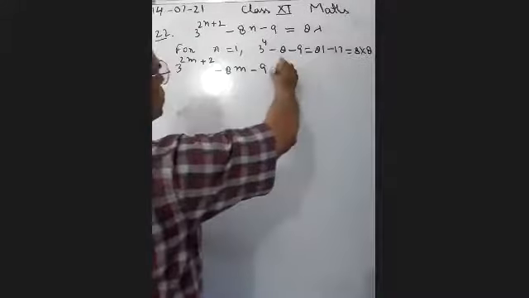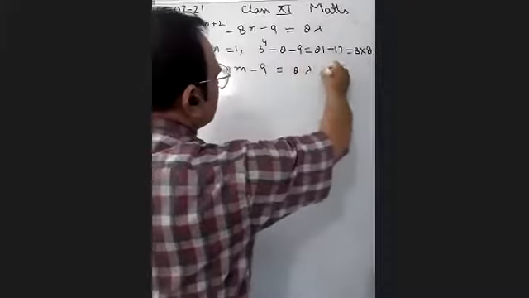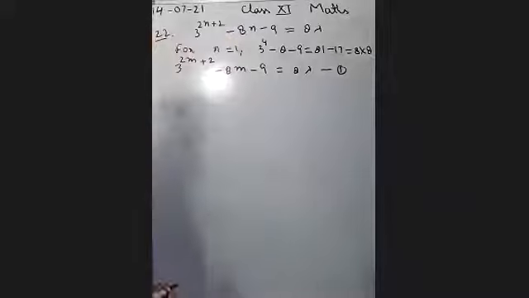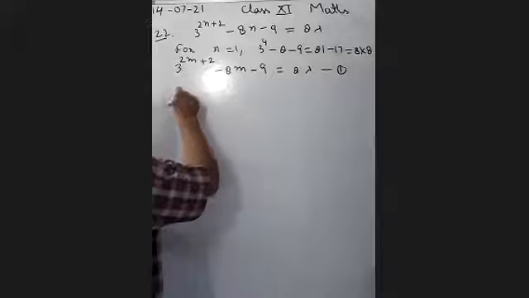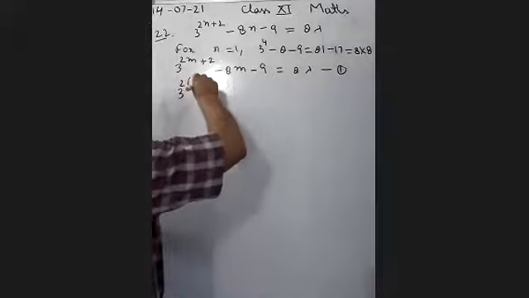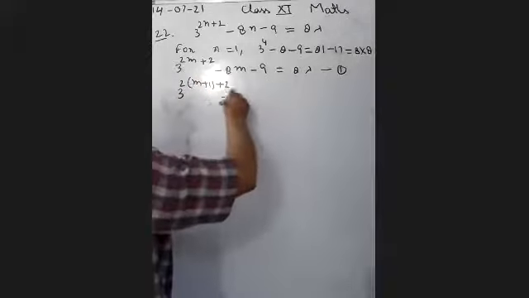it is equal to 8 lambda, ठीक है, we are giving the name of this equation 1. By using this equation, we will try to prove it for n equal to m plus 1. If we put here n equal to m plus 1, we will get 3 to the power 2 into m plus 1 plus 2 minus 8m.